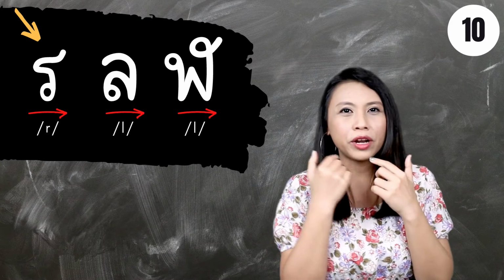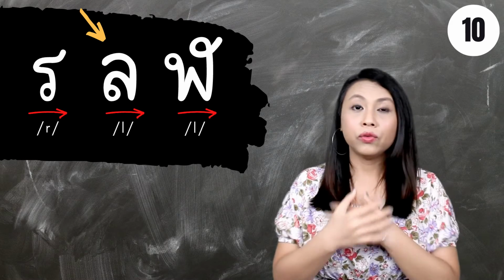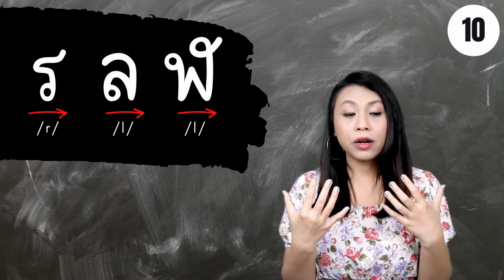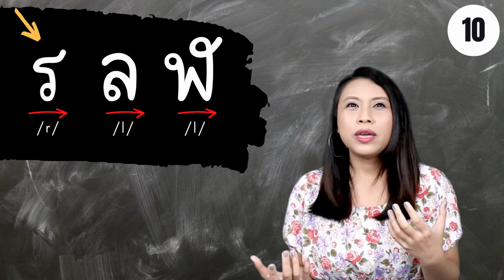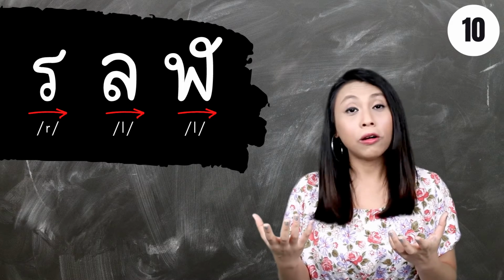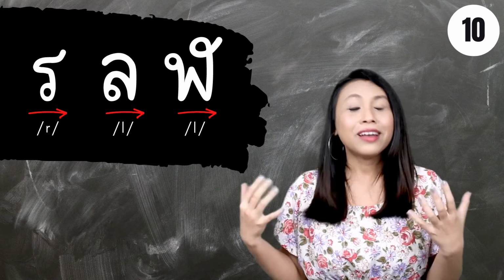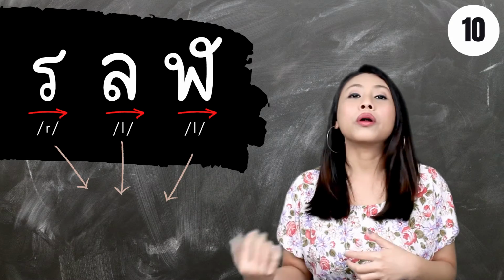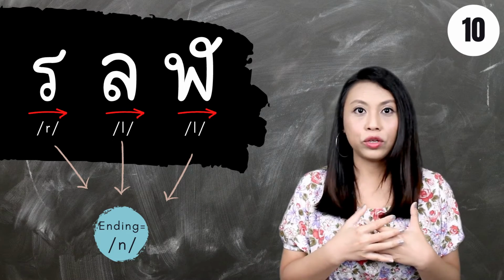we vibrate our tongue like รอ and the ลอลิง we do not do it so for me I put them together because when รอเรือ is spoken in daily life we barely pronounce it we just pronounce it like ลอลิง so I group them together and as well these three letters when they are at the end of the word or the final consonant these three are exactly the same sound which is นอหนู